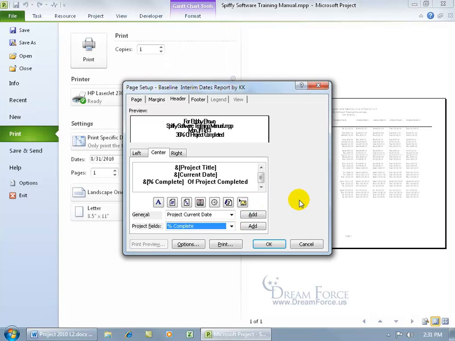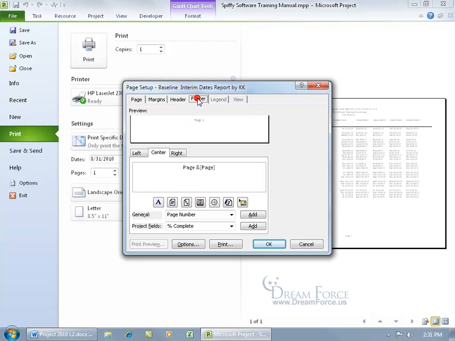So that's what you can add in the header section, either in the center, the left, or the right. I just want to do the center for the header, and then at the bottom of each page in the report, in the footer section, it's just the text page and then the actual page number. So if I want to add something more, I can go ahead and type in